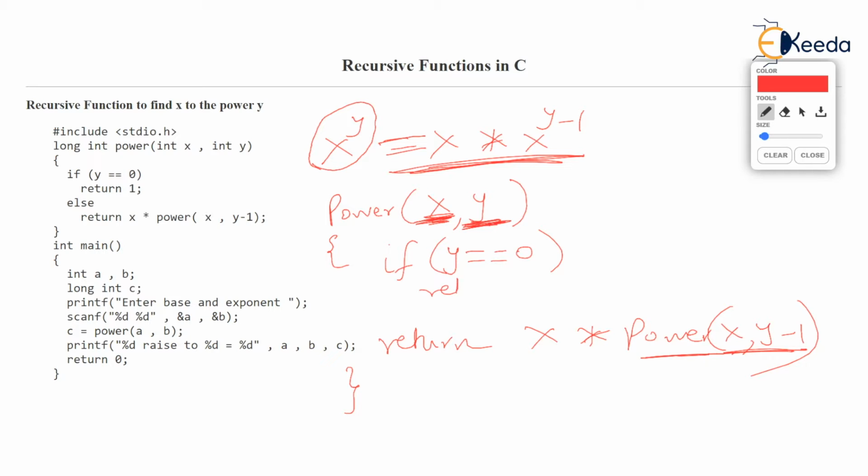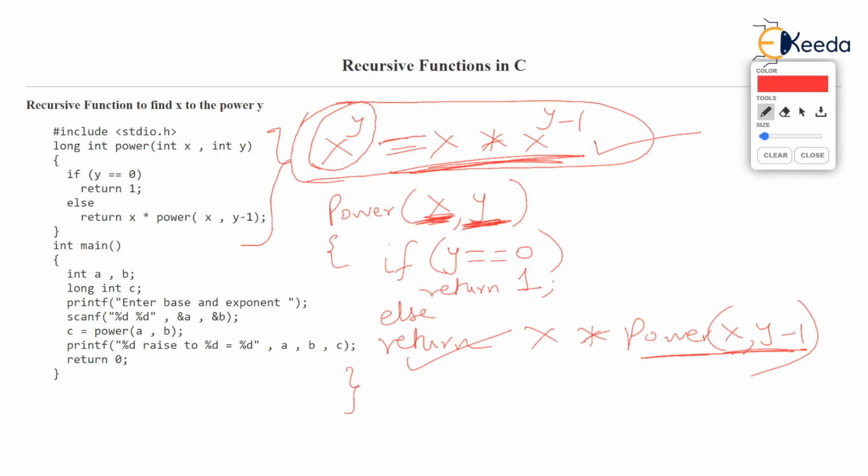Then you don't have to find any answer, because you know anything raised to 0 is 1. Otherwise you use this recursion. So from there we got this recursive function, isn't it? It's so easy. Just one recursive definition that you already knew. You can easily map it to the C function, isn't it?